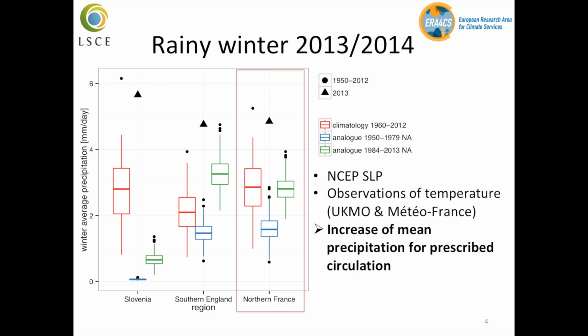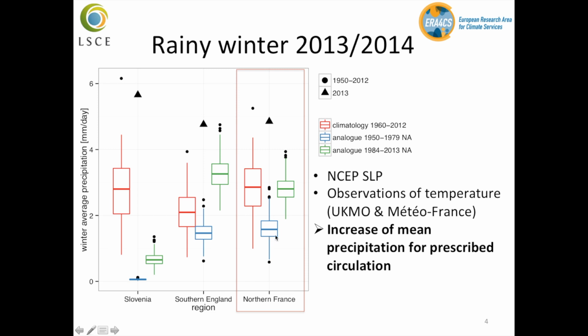2013-2014, where there were records of precipitation over southern England or northern France. And let's look at France, for instance. So if we look at circulation patterns which were the same as the whole of winter 2013-2014, and we look at the circulation patterns that occurred during the period between 1950 and 1979 over the North Atlantic, the